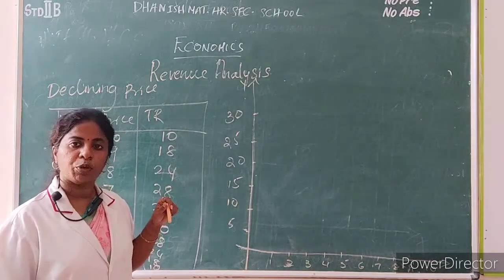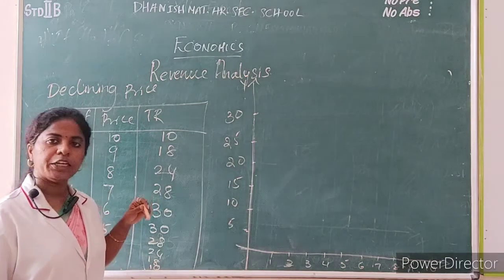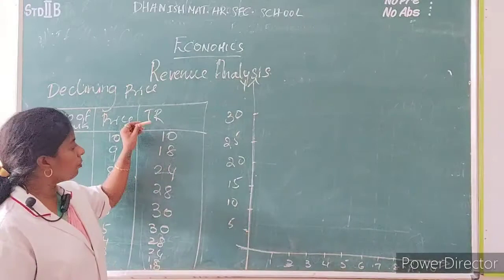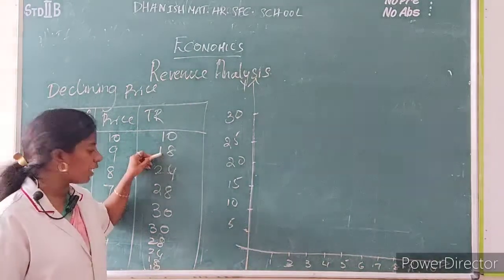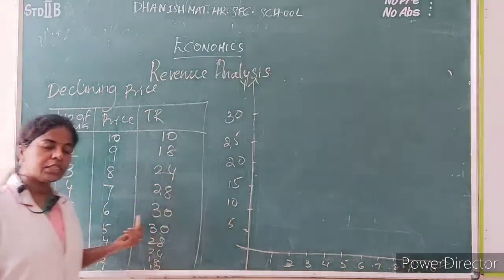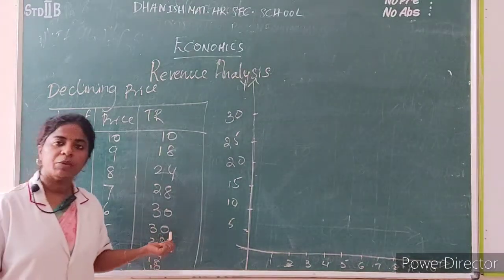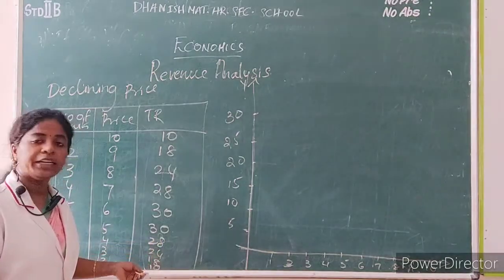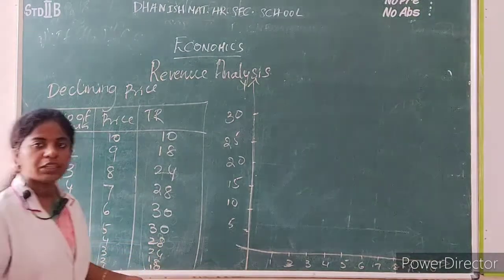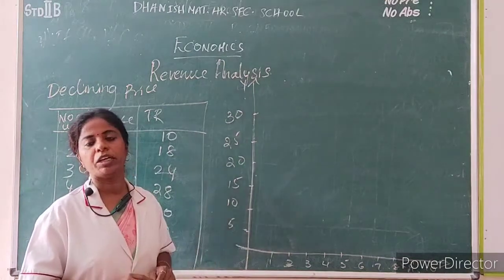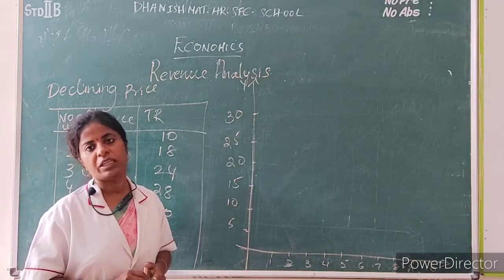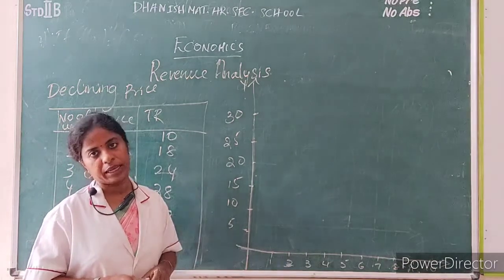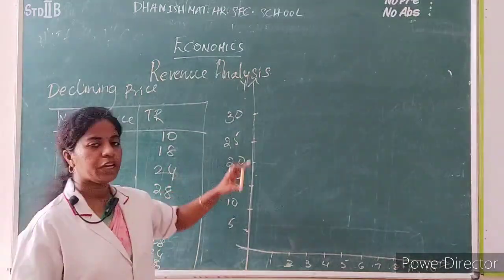So for that reason, a producer or an entrepreneur will start to decline the prices. From the beginning, the profit started to increase. Up to the 5th unit to the 6th unit, the profit is constant, and then later the profit started to decrease. After this, the producer will not produce the commodity because the revenue has started to decrease. If we produce more than that, it comes to a negative. So with the help of this table, now we are going to plot.